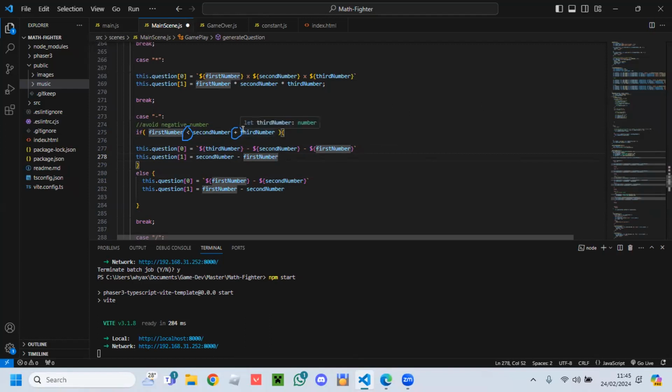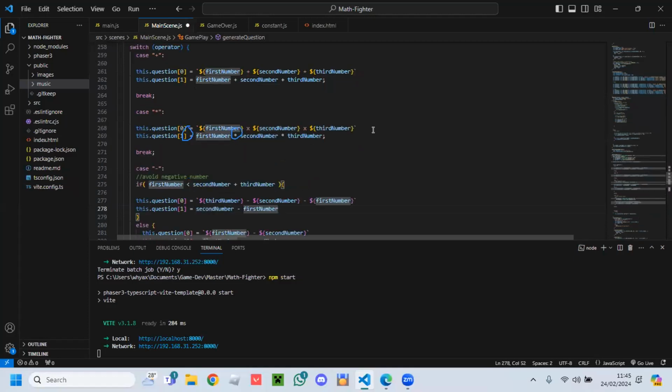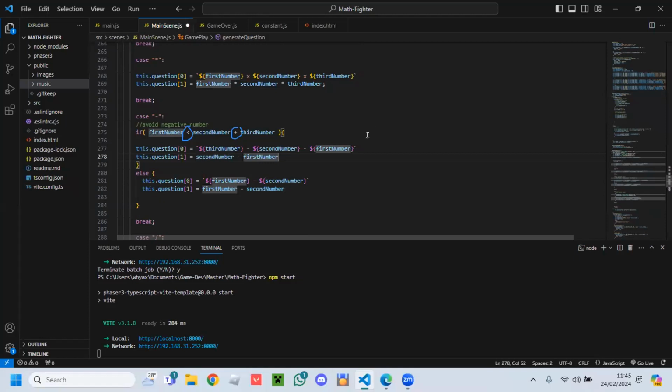Let me help you. Wait, I'm going to type. If first number less than second number, first number less than third number, second number.